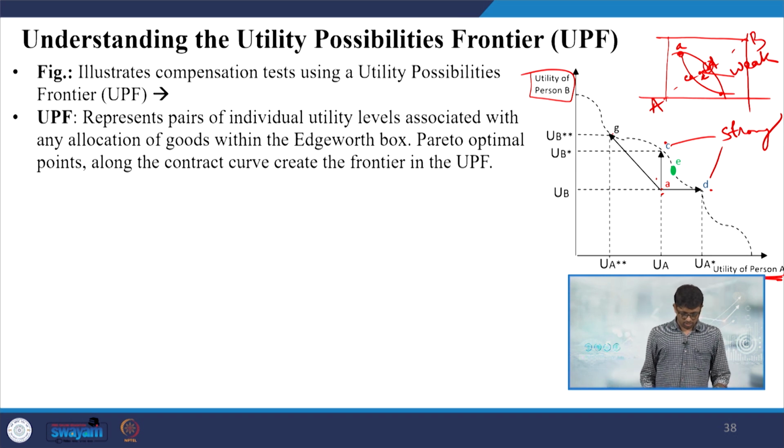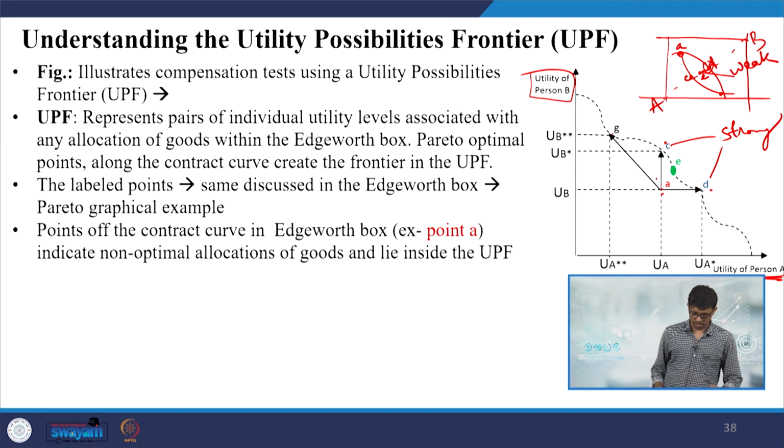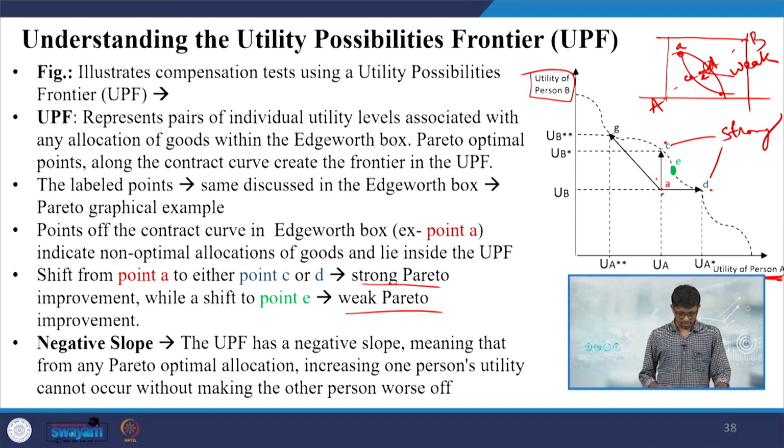So, these are all on the contract curve, and the points discussed in the Edgeworth box and Pareto optimality example is once again highlighted, and especially points of the contract curve in Edgeworth box diagram, that is point A is in fact called non-optimal allocation of goods and lies inside the UPF, which we have already discussed. So, we have once again clarified strong Pareto optimality or improvement point and weak Pareto improvement points, and the